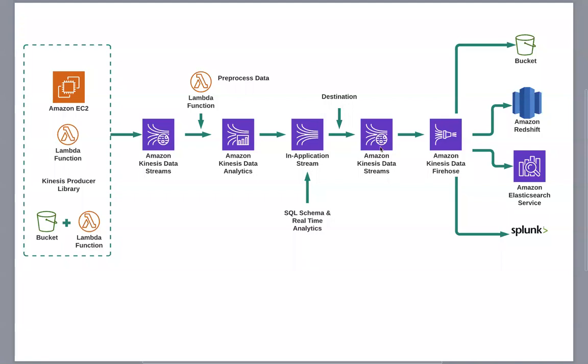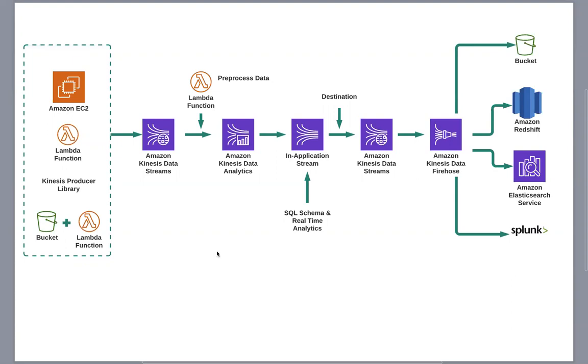And this destination is nothing but another Kinesis data stream. And then from this output stream, we are sending all of our data into Kinesis Data Firehose. And over here also, you have the option of choosing another Lambda function in order to transform your data into different formats or to send it to different destinations. But the default 4 destinations supported by Kinesis Data Firehose at the time of recording this lecture are S3 buckets, Amazon Redshift, Amazon Elasticsearch Service, as well as Splunk, right?